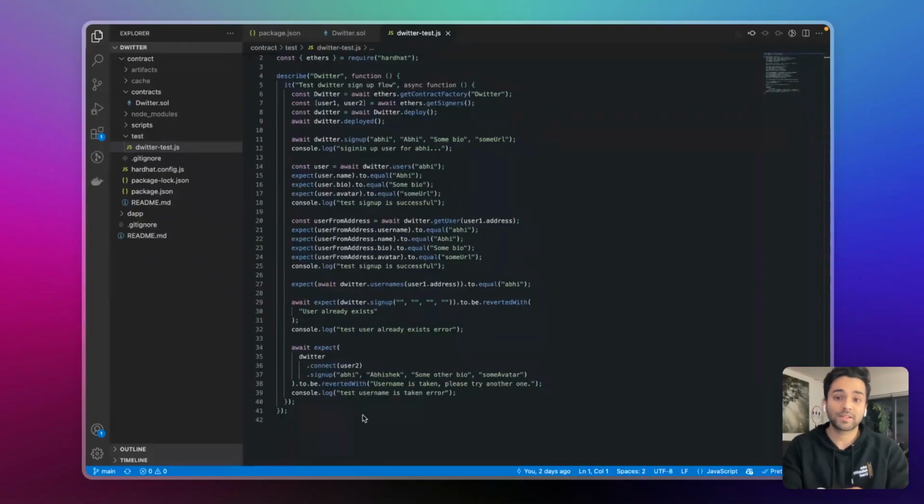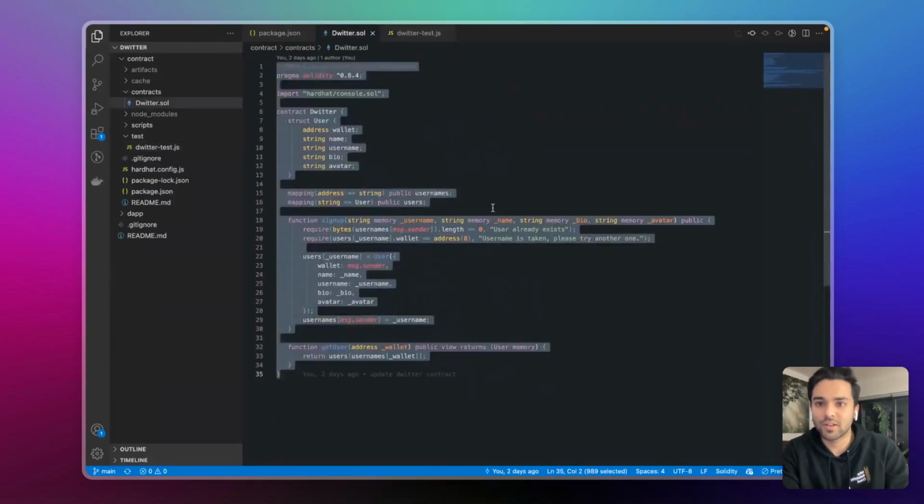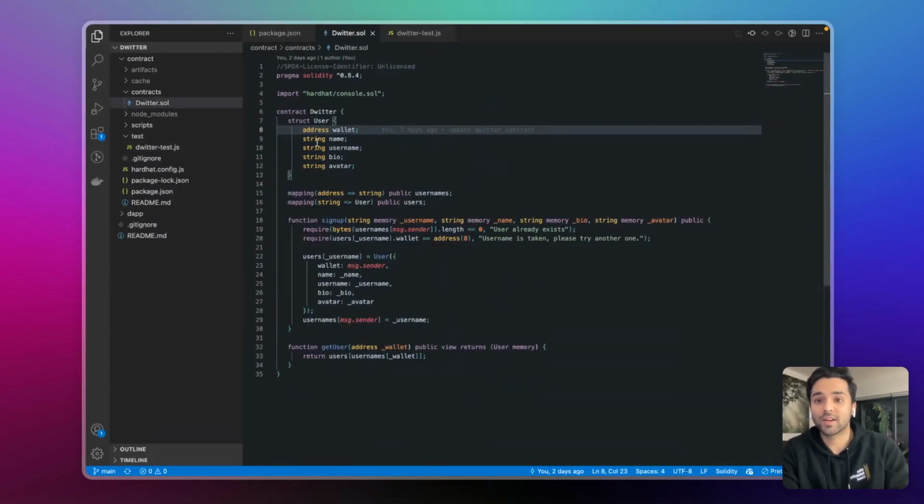Okay, so before we get started with writing the front-end code, let's quickly recap what we have done so far. This is our contract. In the contract, we have a struct called user, which has wallet, the name of the user, username, which is the Twitter handle, their bio, their avatar URL, and then we have a mapping from Ethereum address to the username,